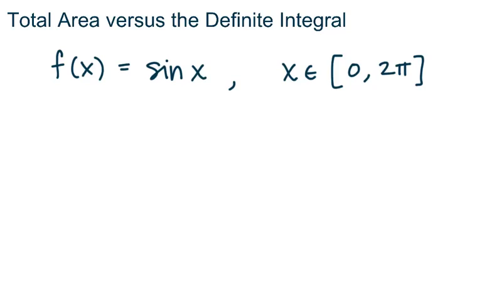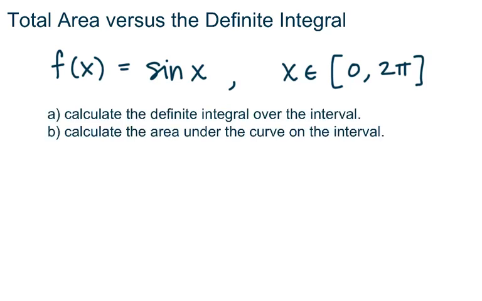Now we're going to look at another example, total area, and we're going to compare that to the definite integral, which we've had a decent amount of practice with so far. So first, we're going to calculate the definite integral from x equals 0 to 2 pi, and then we're going to calculate the area between the graph and the x-axis from x equals 0 to 2 pi,